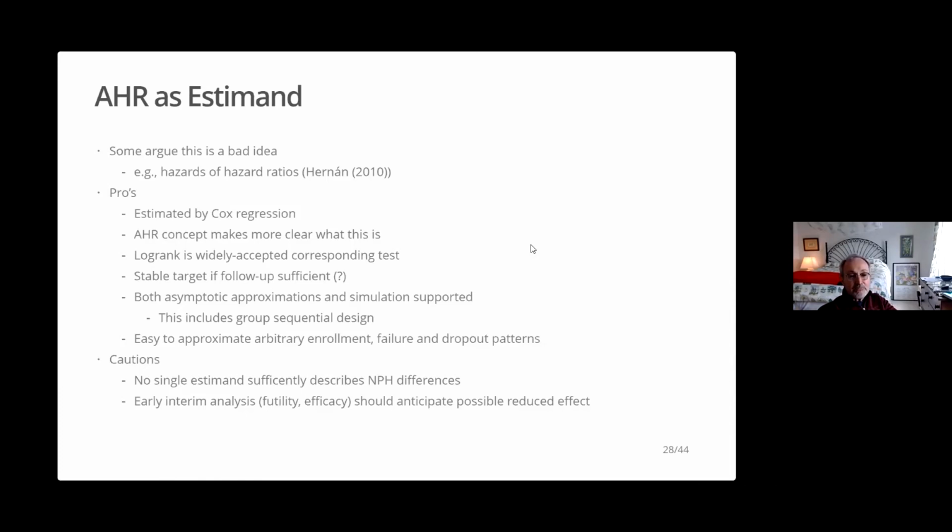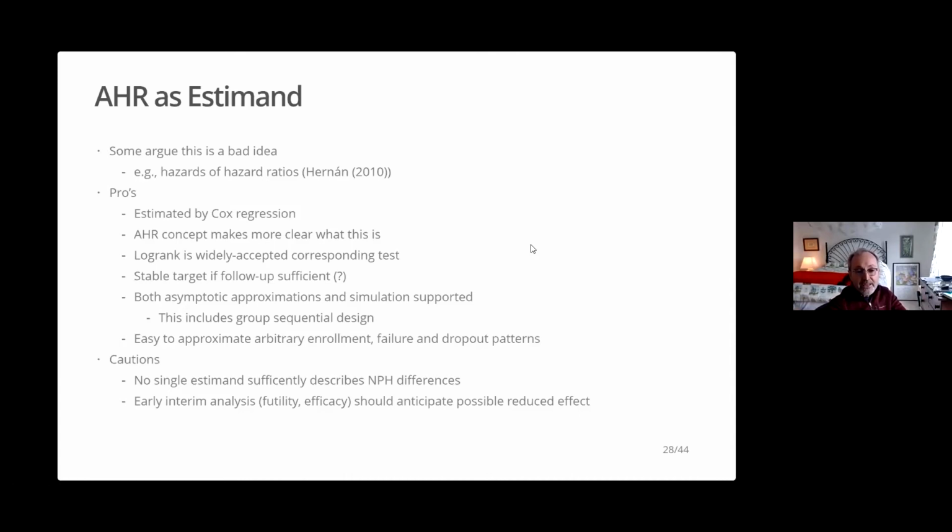And some people would say it's unfortunate that log rank is the only thing that's widely accepted. So it's the corresponding estimand. I'll claim, but I put a question mark next to this, that if you get sufficient follow-up, the average hazard ratio should be at least fairly stable. Now there's no guarantee of that, but